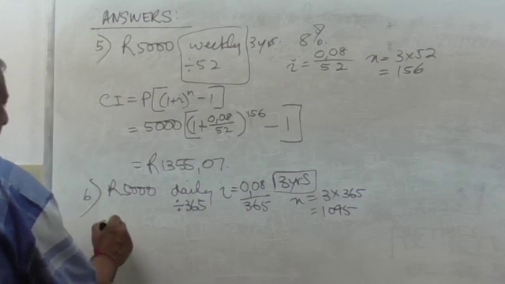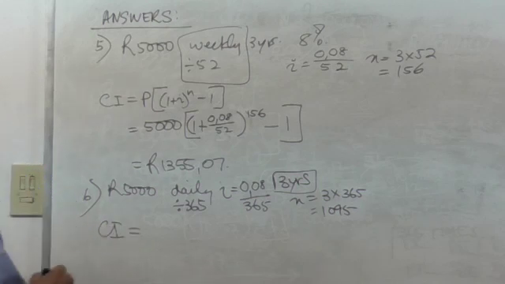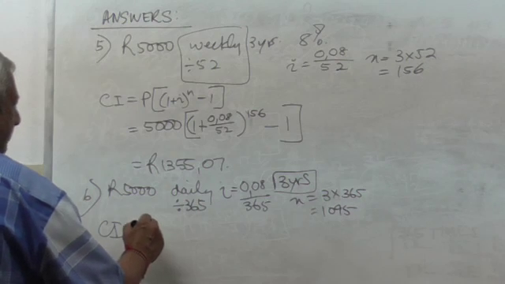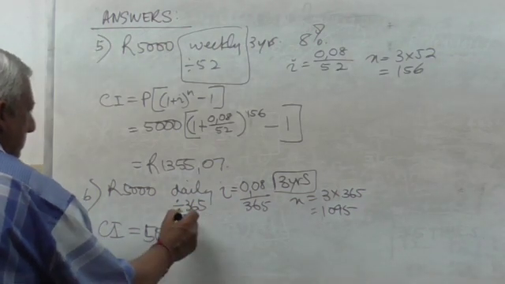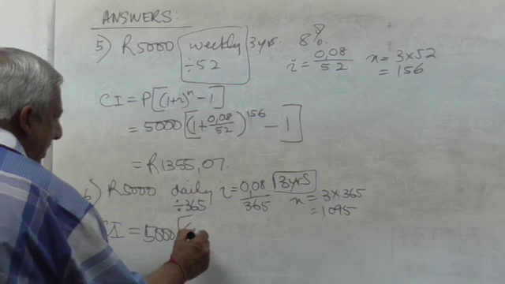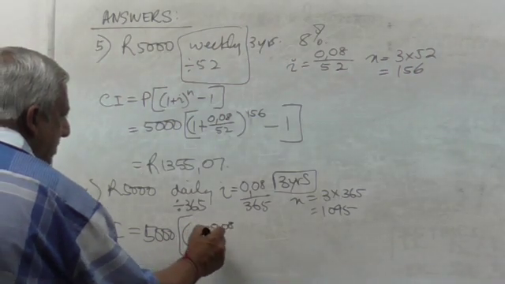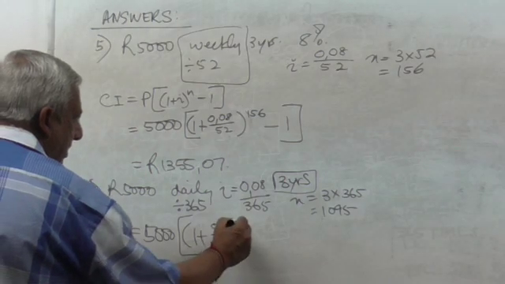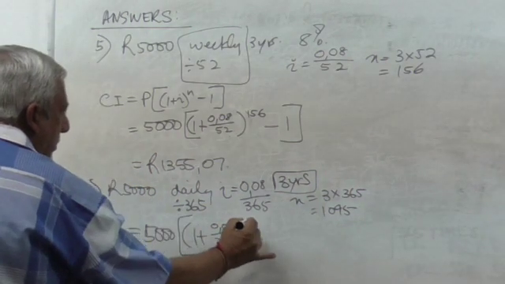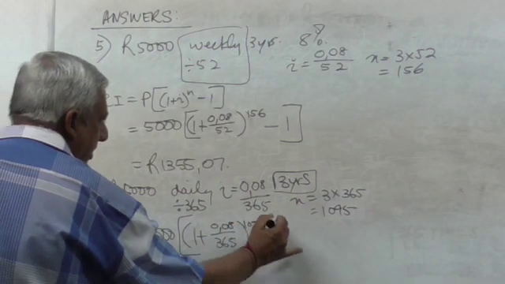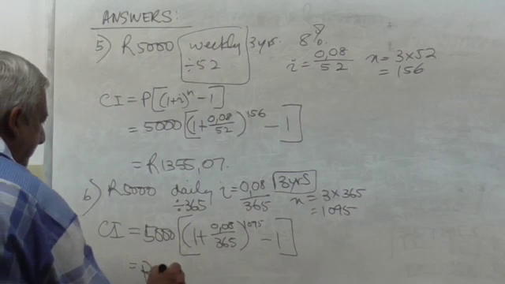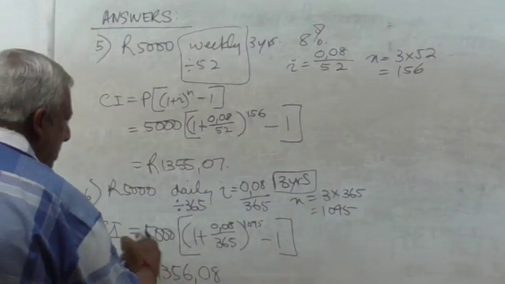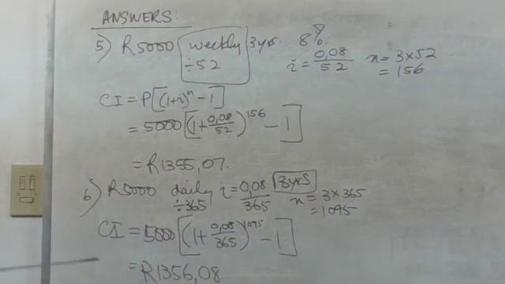So if you're working this out, the compound interest is equal to the principal, which is 5,000, into 1 plus 0,08 divided by 365, close the bracket, 1095 minus 1, and that gives you the final answer of 1356,08. You put that in the calculator and you will get this answer here,